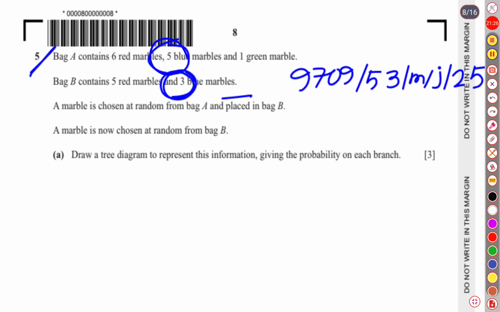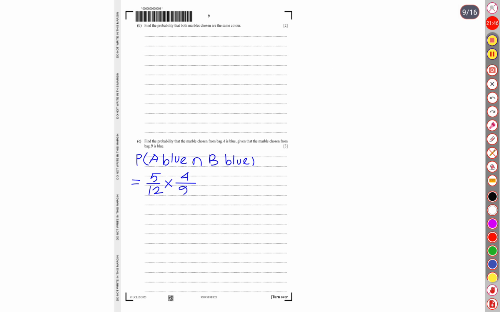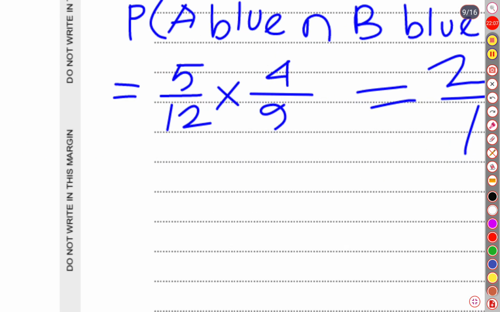So that's why we have written 5 out of 12 times 4 out of 9, because the number of marbles in the second bag will increase, the number of blue marbles will increase, and at the same time the number of total marbles will also increase. That's why it's 4 over 9. So using our calculator we will get that it is going to be 20 over 108. Okay, then the next component of our probability is,